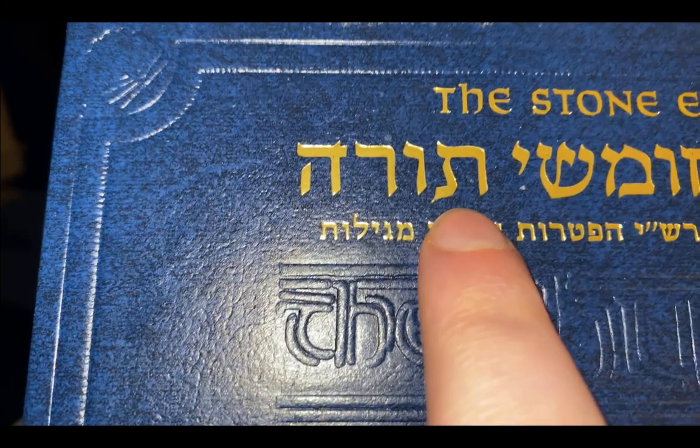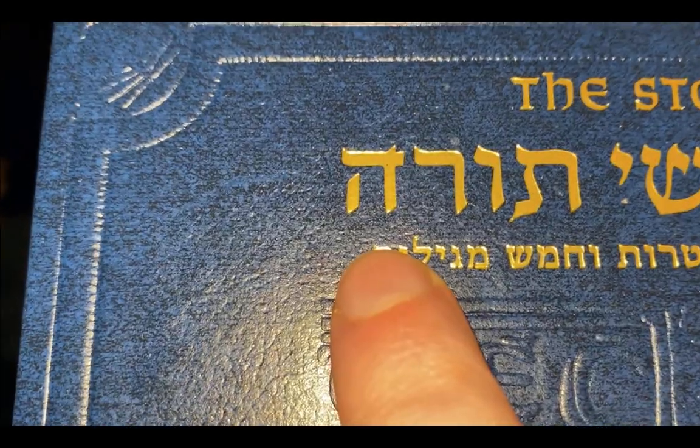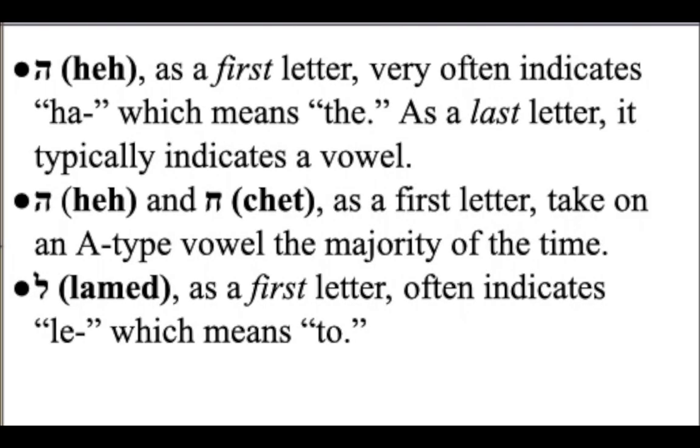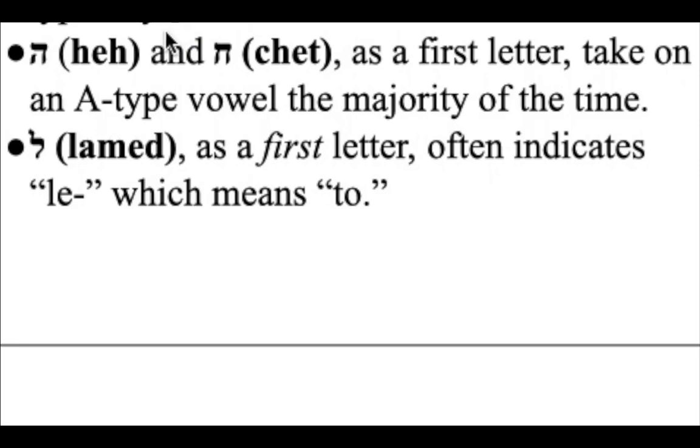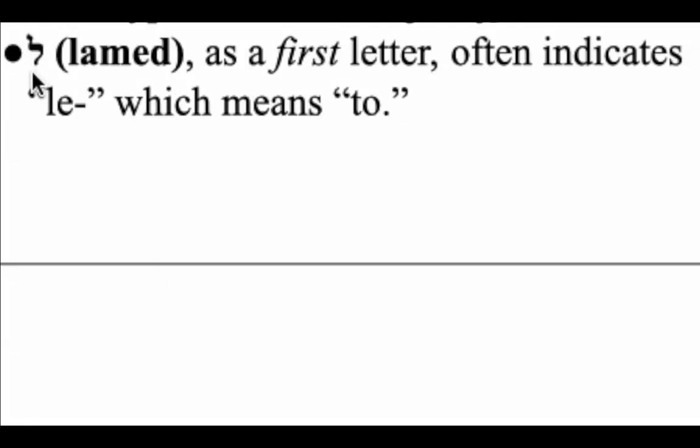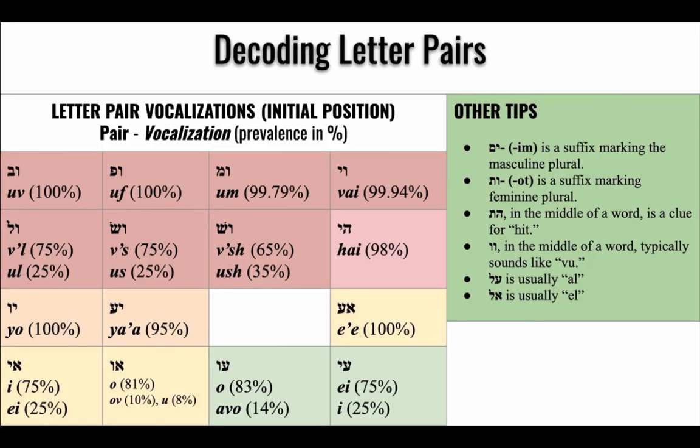So for example, Torah ends with the letter he, but the last thing you hear is the a, not h. And like he, chet as a first letter takes on an A-type vowel the majority of the time. And then we have lamed as a first letter, which often indicates le, which means to. Now, decoding letter pairs can be very useful for helping you understand how to pronounce letters when you don't have